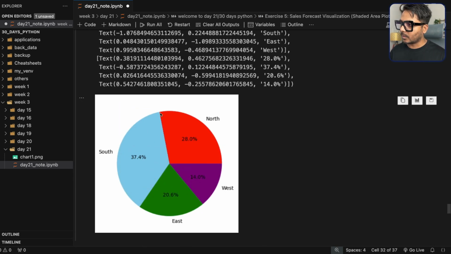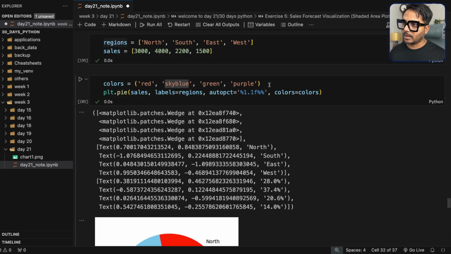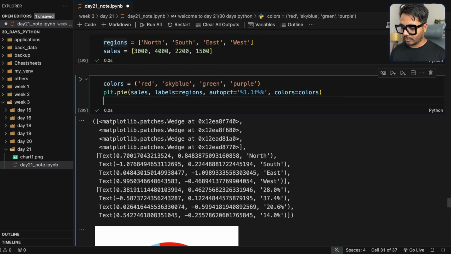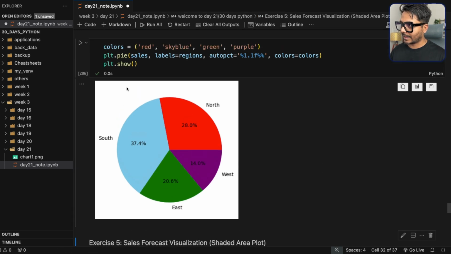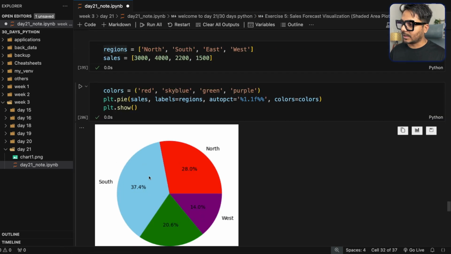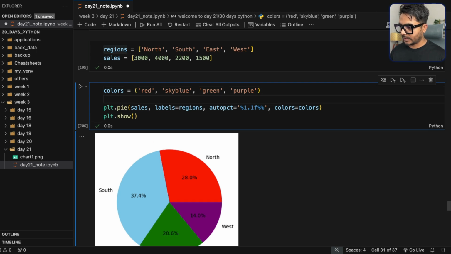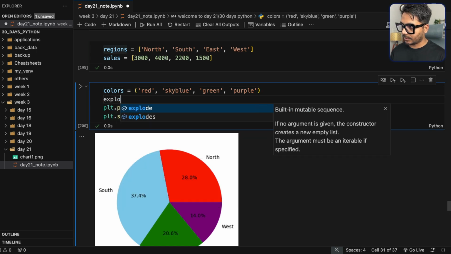Now what we want is to explode one slice out of this pie chart, so that is also possible. For that we would just need to go ahead and first of all let me just do formatting called plt.show. That's going to remove this extra text that we have. Now let's go ahead and explode one of these slices, the slice that has the highest sale. So for that I would just go ahead and do it here. I would just say explode,